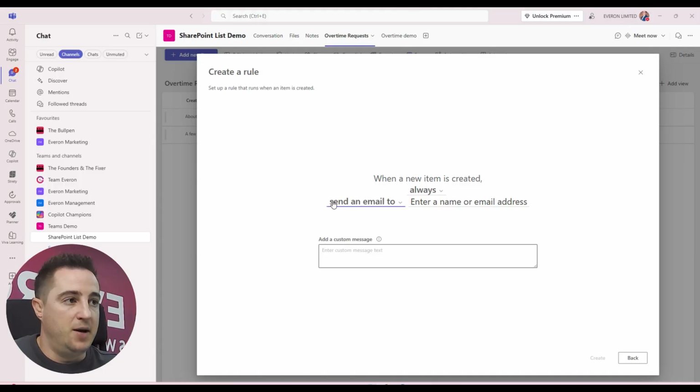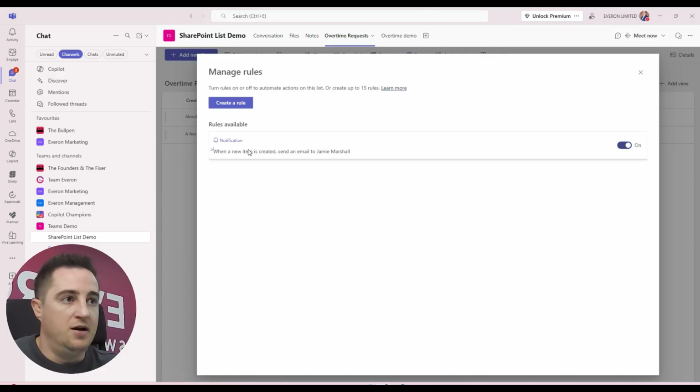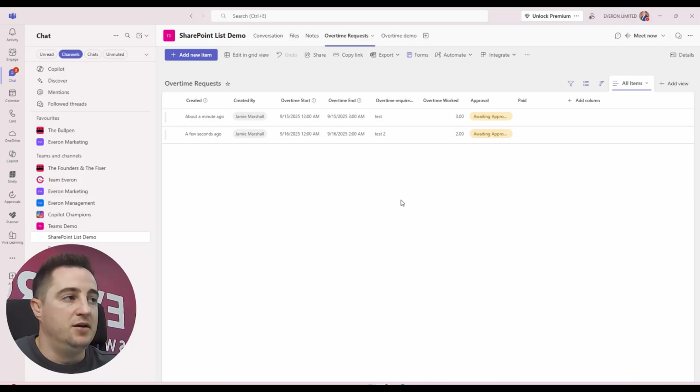So every time a new item is created, send an email to, and I could put me, but I could also choose some of the people in the list as well. Literally put that in, and every time a new rule comes in, it's going to send an email just saying that that's been there. I could then go into this,